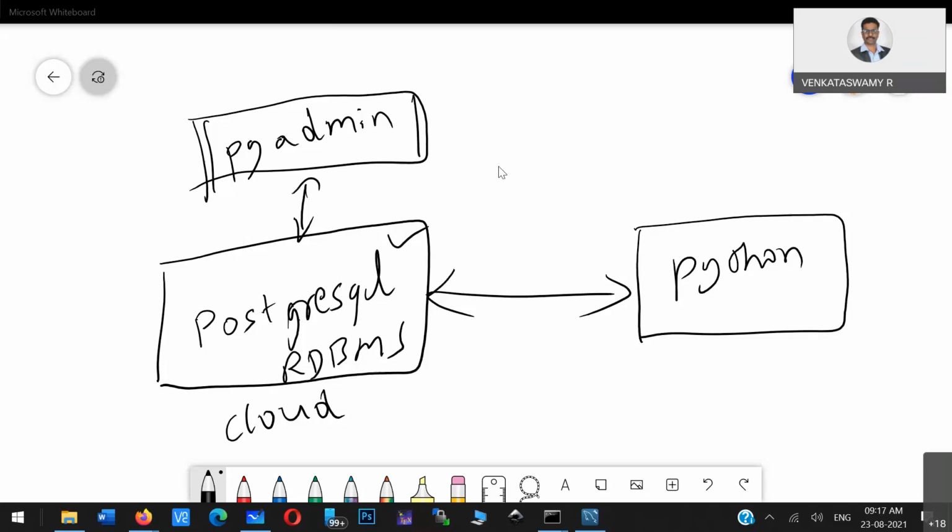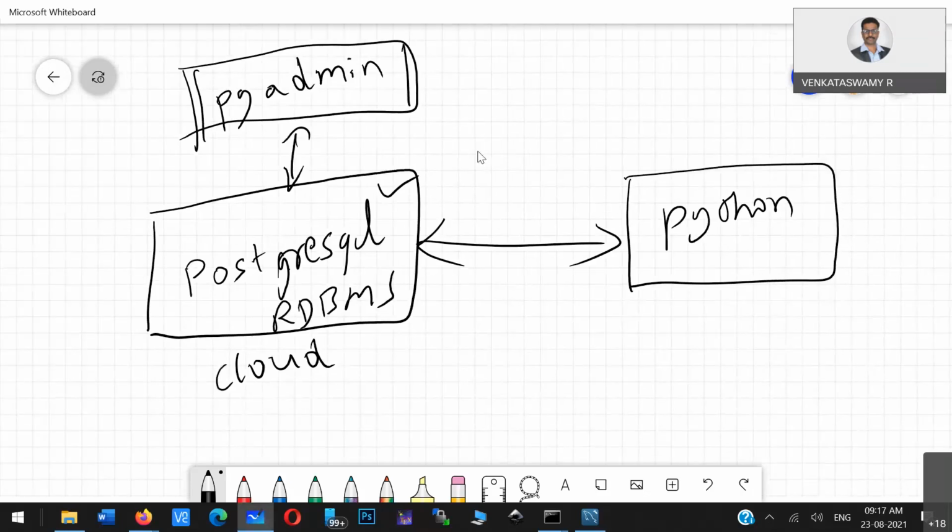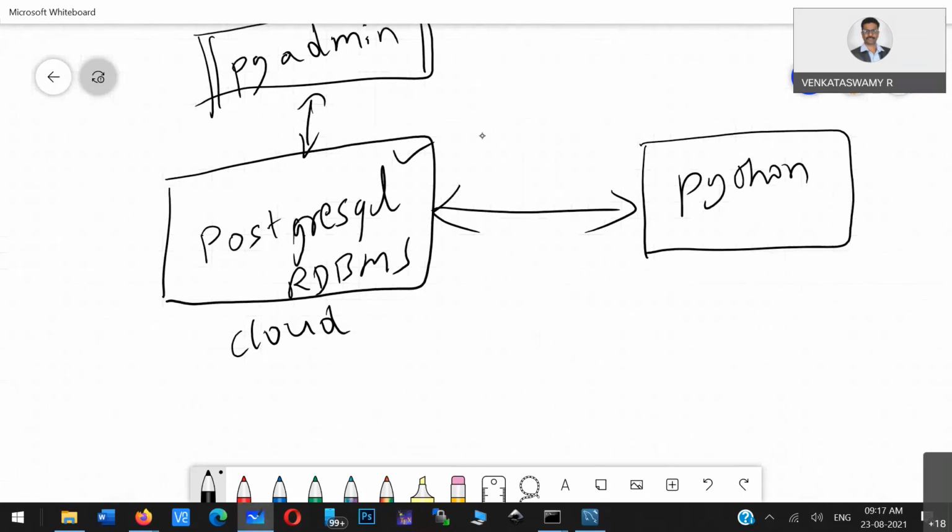Okay. Now, so what is cloud? I already told you a few days back. Cloud basically means cloud providers. Cloud data means we just have to see who will provide the cloud database. There are many providers, like Google Cloud and AWS. All these providers will provide the databases, so you can take it from anybody.